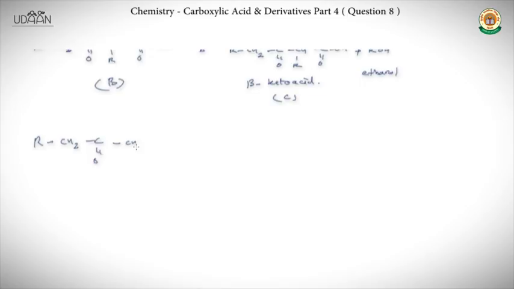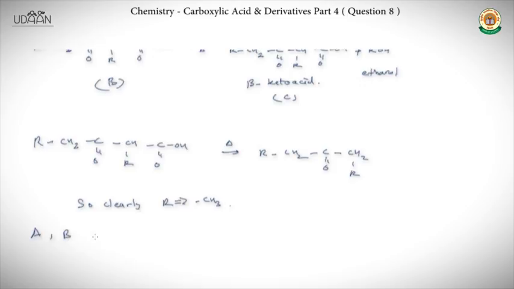So let us see, this on heating gives RCH2 C double bond O CH2R. So clearly R is CH3. Therefore, our compounds A, B and C are